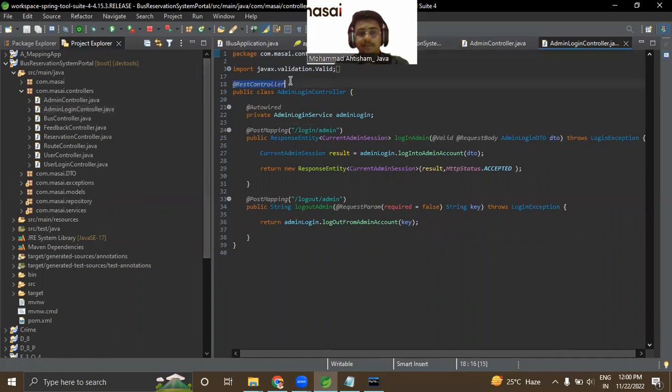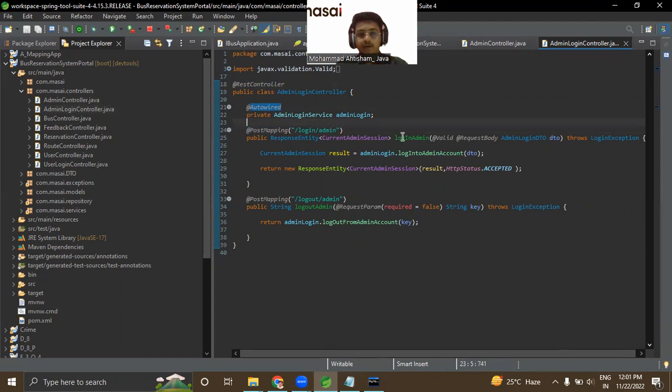As I mentioned, this is a specific annotation that consists of two parts: the controller annotation as well as the response body annotation, with the help of a REST controller. So here we autowire the admin login service, and we make an API here in front of you with the help of the post mapping annotation, passing this credential. And if you use this credential in your browser,